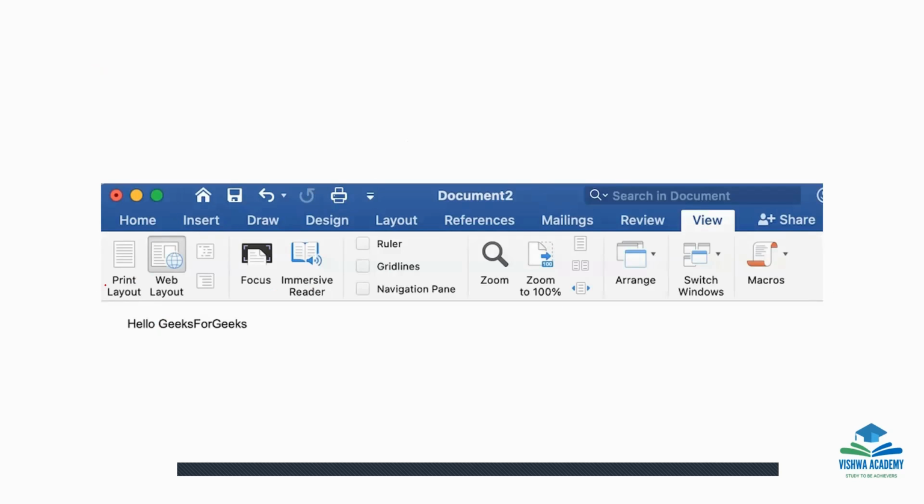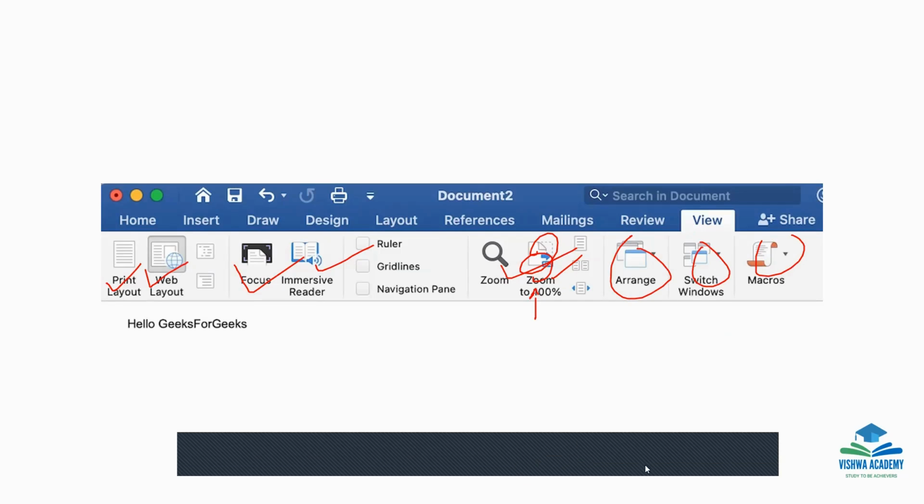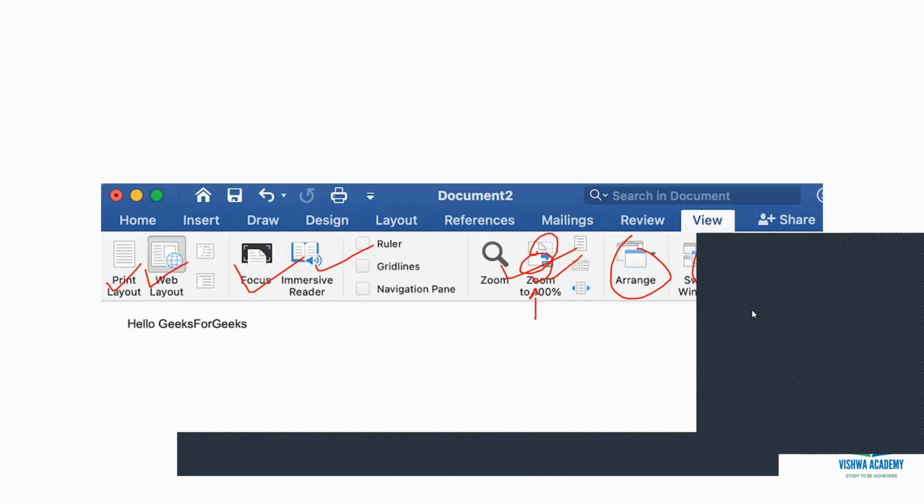We are in the View tab: print layout, web layout, focus, immersive reader, zoom to 100%. From here, you can choose 200% for better viewing. If you have any eye problem, you can click here for 200%. Arrange, switch windows, macros. So all of these things which we are going to use, and how to use them, how to make